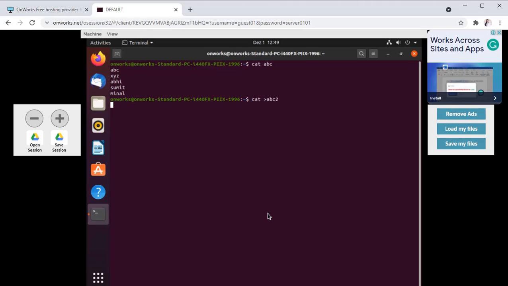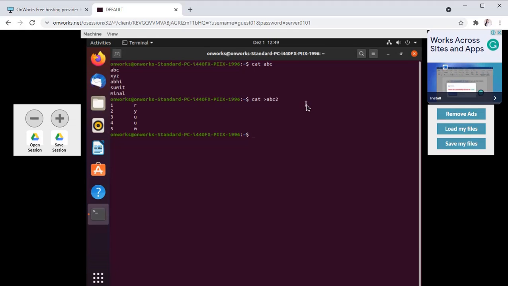Here I will write 1 r, enter, 2 y, 3 u, 4 u and 5 u. So we have these two files, that is abc and abc2.